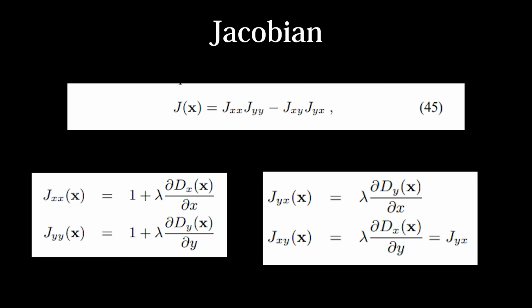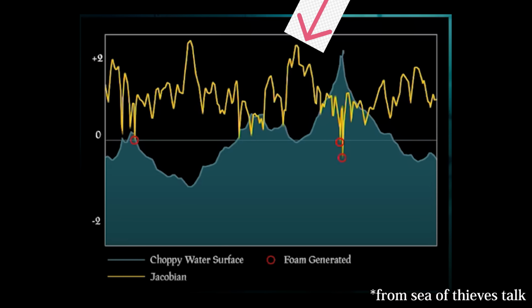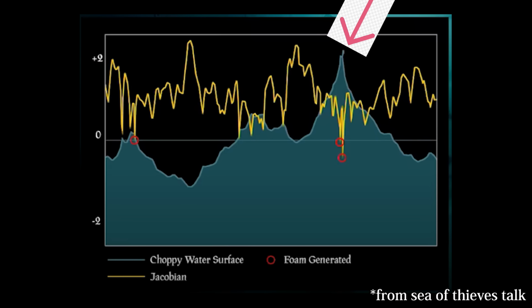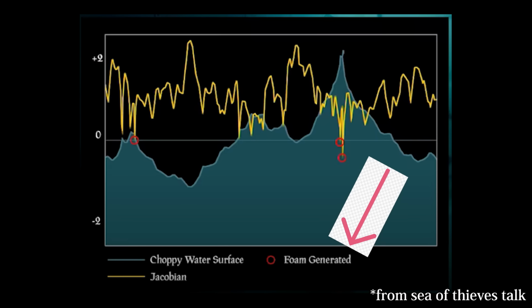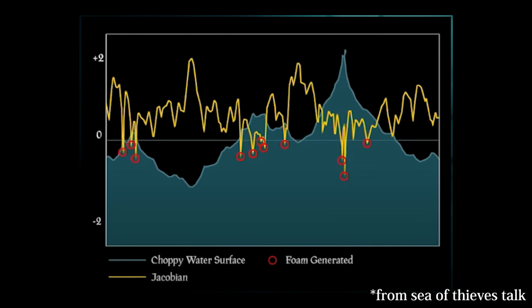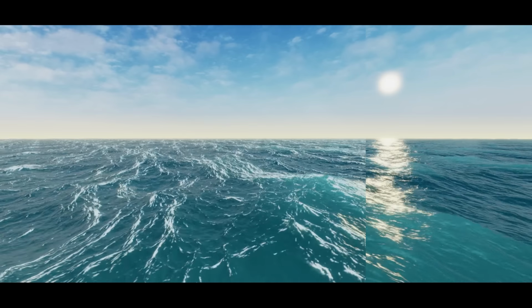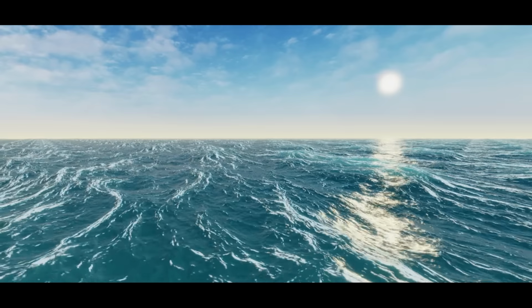We can compute the Jacobian of our water displacement vectors in order to see where we need to draw foam. The Jacobian describes the uniqueness of a transformation, which kind of sounds like bullshit, but just go with it. If we look at a graph of the Jacobian against the graph of the water surface, we can see that the Jacobian goes negative where the wave peaks curl in on each other. So then it would seem that all we have to do is detect if the Jacobian is negative, and if so, we have foam. We can also very easily get more foam by biasing the Jacobian down so that we get more negative results. This already makes our water look more interesting, but to really sell it, we need to